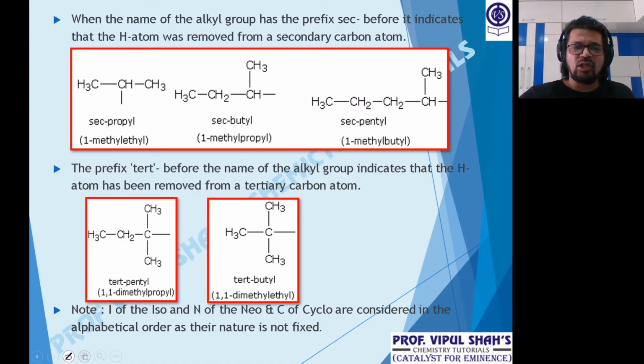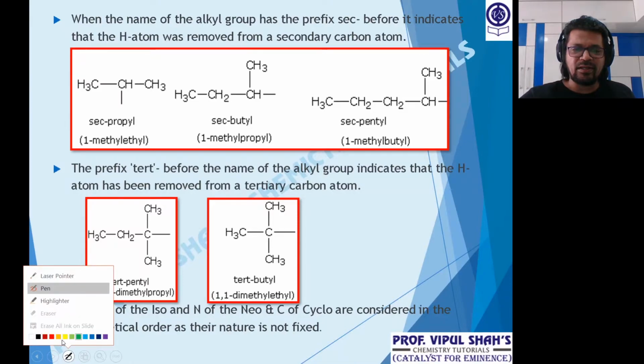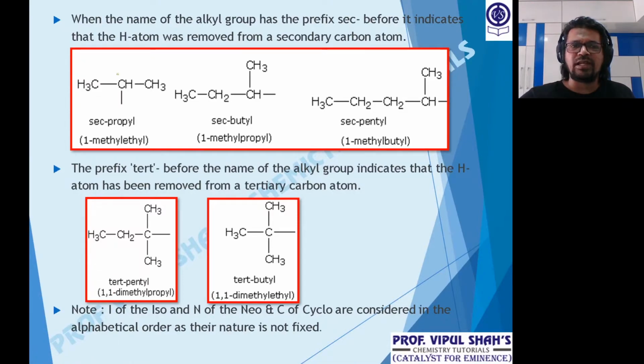Alright, see now. Now we'll talk about the group that will be sec. Let's understand the concept with respect to sec. From where it is branched, the valency is short. Please have a look at the slide. So from here, 1, and 2 either here or here, doesn't matter. So 2 carbon only. So this will be 1-methylethyl. Same way sec-butyl. Sec definition: one of the carbon is branched, directly attached to 2 other carbon, and where it is branched, the functional group is directly attached. Now in this case, it will be the main chain to which it is attached.